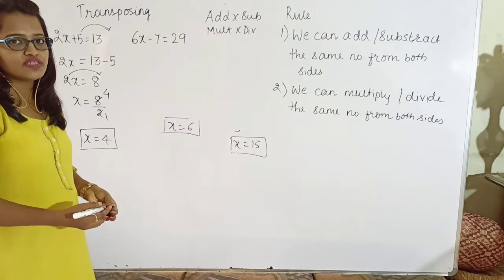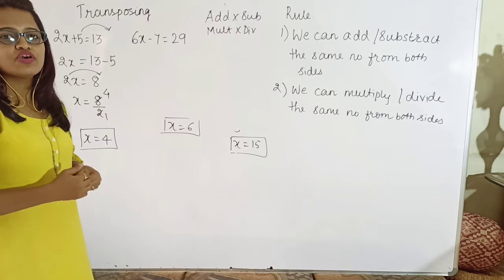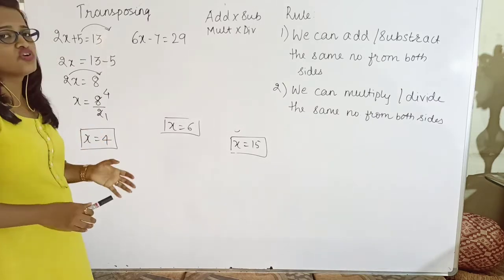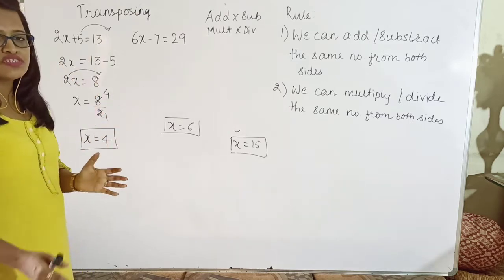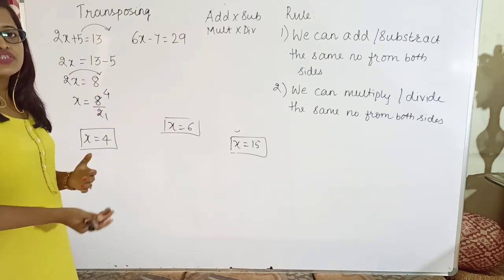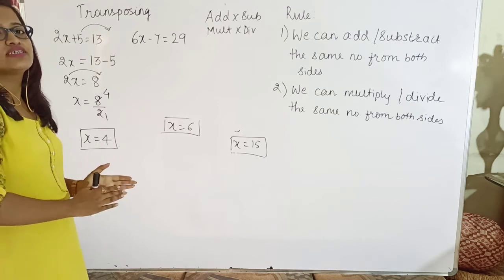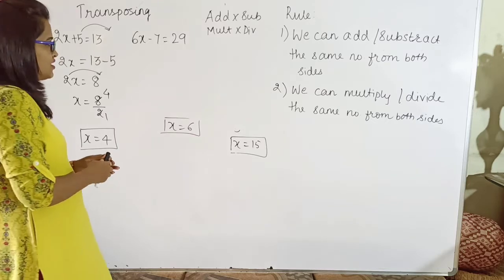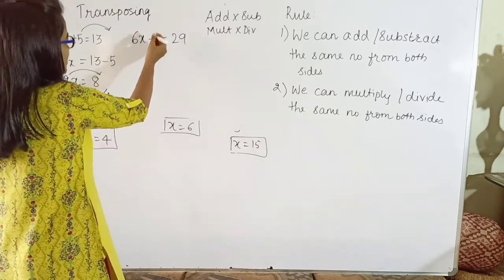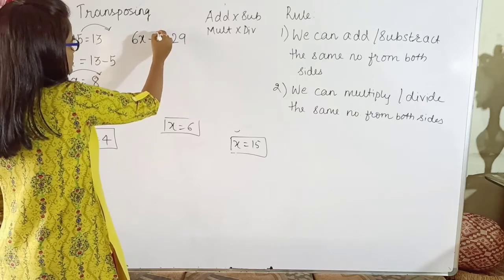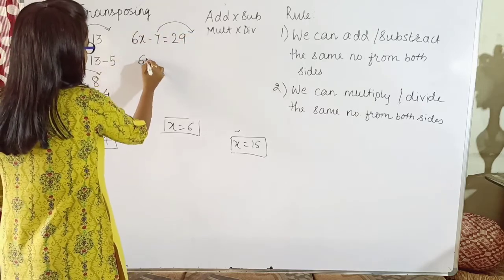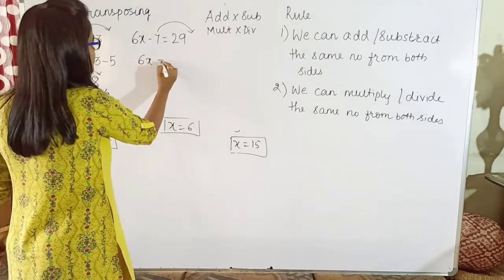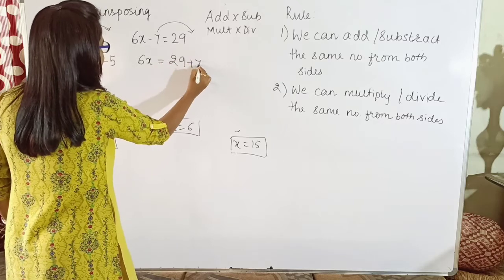Okay, by the previous method where we added the same number or where we divided the same number, isn't it? So you are getting the same value. So you can follow either of the methods, but the method transposing means shifting the numbers or shifting the terms, and whenever you are shifting, exactly the opposite is done of whatever was done on the previous side. Similarly here also, this minus 7, I don't want this on the LHS, I will shift it to the RHS. Now here it is performing a subtraction operation. After going on that side, it will perform an addition operation.